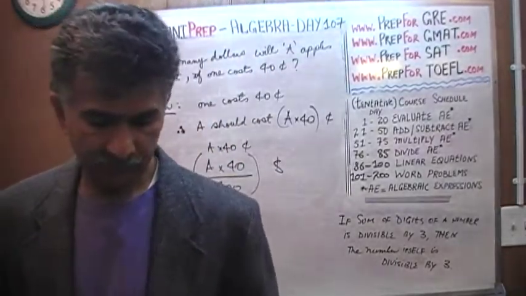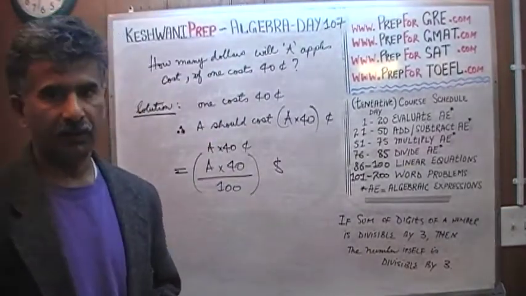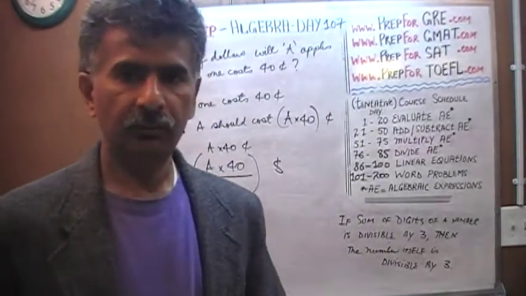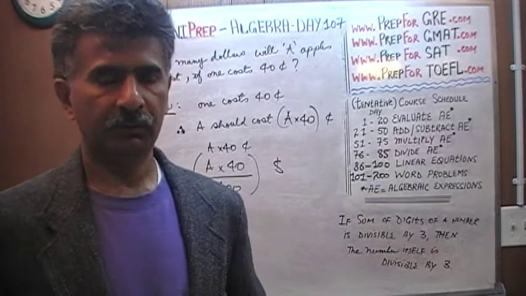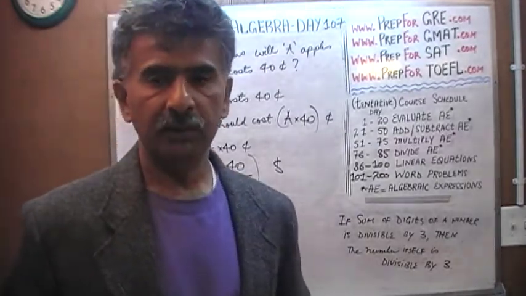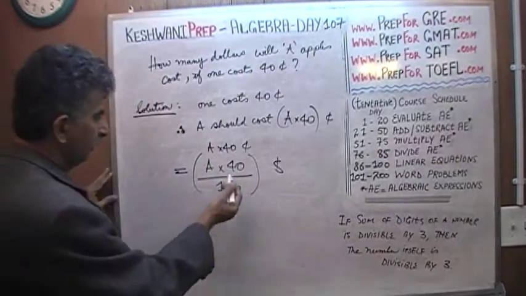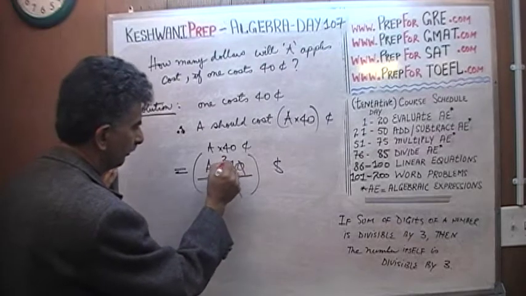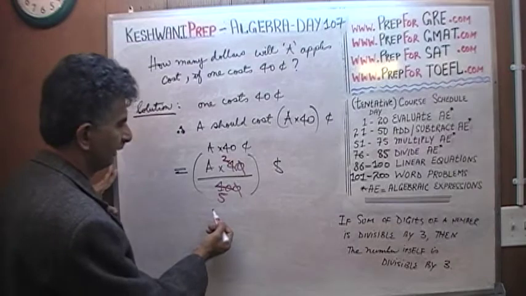We are still not done as far as the algebra is concerned. If you leave your answer the way it is right now, it will not be considered a proper answer. In algebra, your job always is to express your answer in the simplest possible expression. This is not the simplest possible way to say your answer. We have to simplify it. We have to reduce it. 40 divided by 100, this 0 goes out. 4 divided by 2 is 2. 10 divided by 2 is 5. So the final answer that we have is,